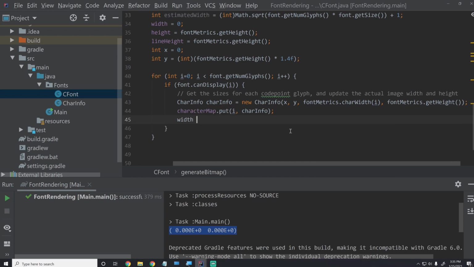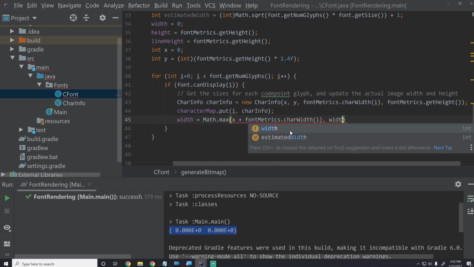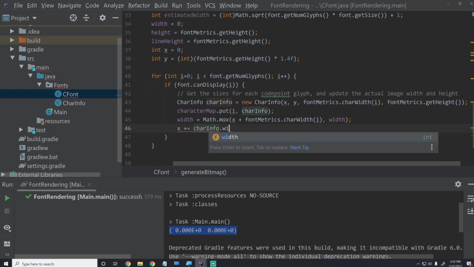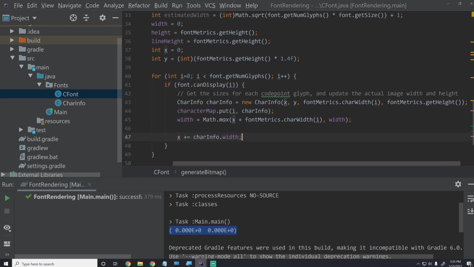And then we will say width equals Math.max(x plus fontMetrics.charWidth of the character we're currently on, width). Like I said, we will just take whatever's bigger, the current width, or if this character goes a little bit out of bounds, we'll take that width instead. And we'll say x plus equals charInfo.width, because we can. We don't have to calculate again. And then we will say if x is greater than estimatedWidth,